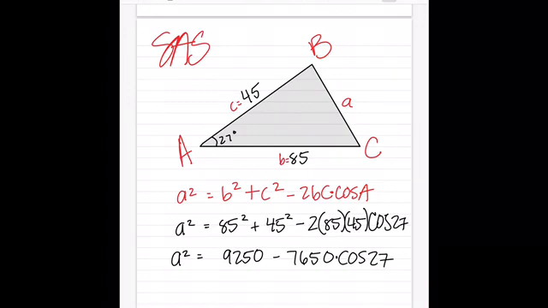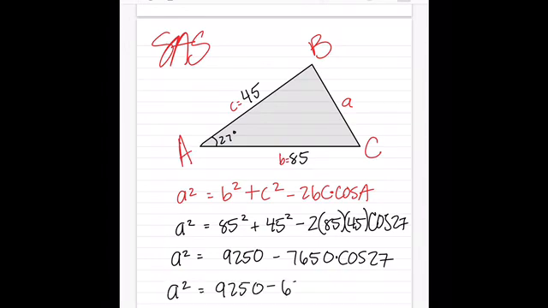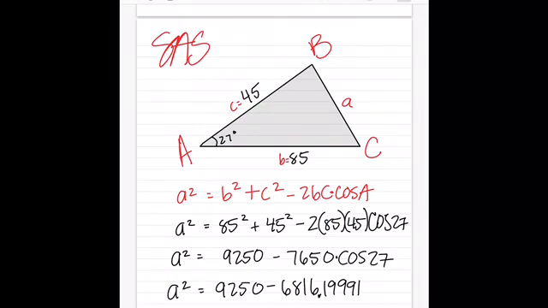So this comes out to be A squared is equal to 9250 minus 6816.19991. Now, I am going to write all of that down because remember we talked about yesterday how you cannot round until your final answer. So this is all of the numbers that I had in my calculator. So I'm not going to round until my final answer. Now, I'm going to do 9,250 minus the answer from that one, 6,816 and so on. I get A squared is equal to